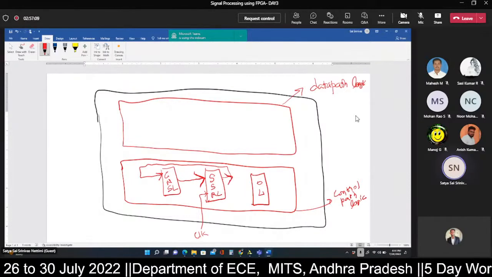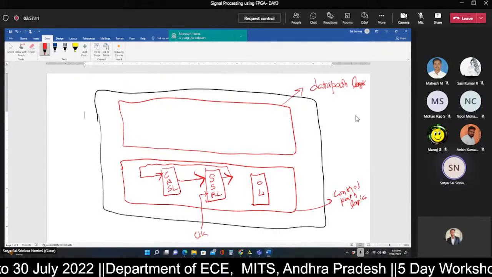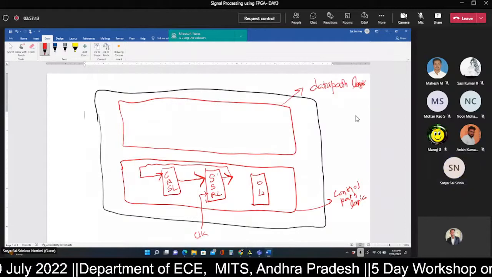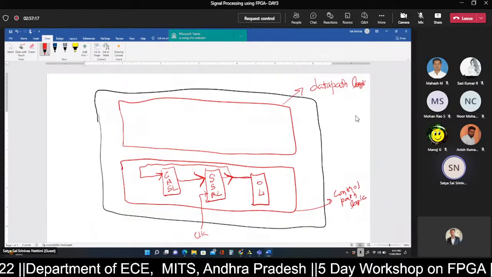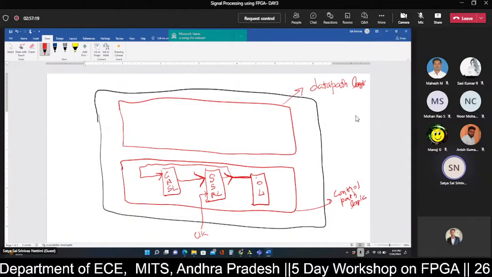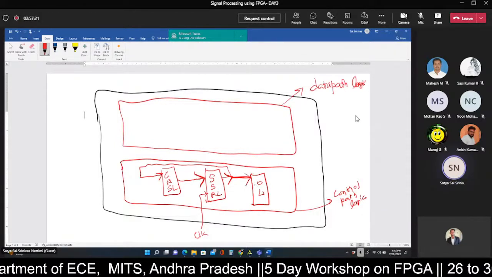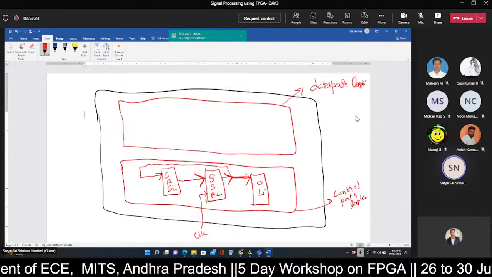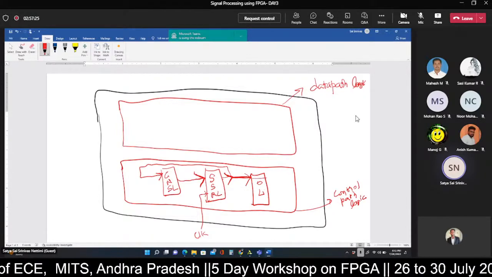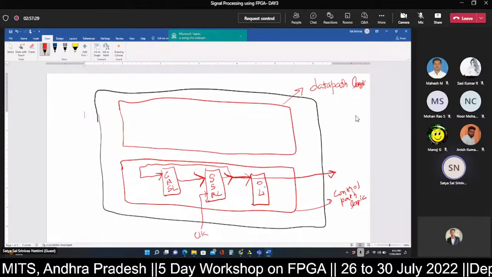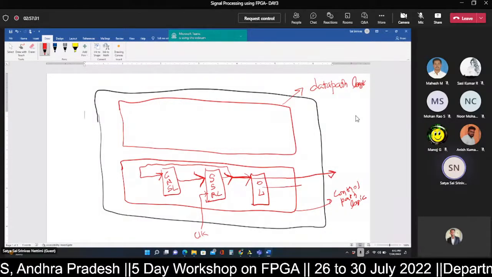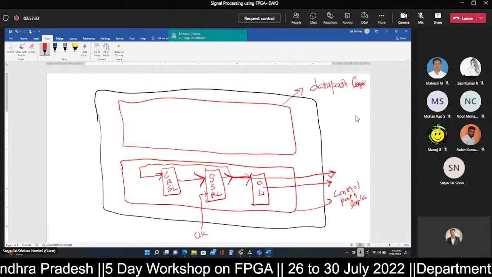This we have already seen in our counter-based design. The sequential state register logic also drives the output logic, and from this output logic we may directly pass this as an output, or else it may do some manipulation and then pass the output. So since these are control